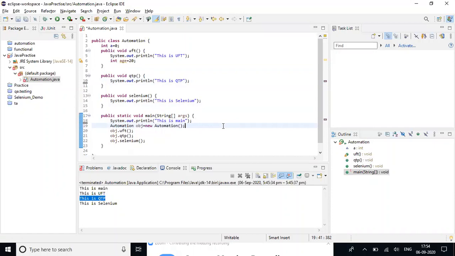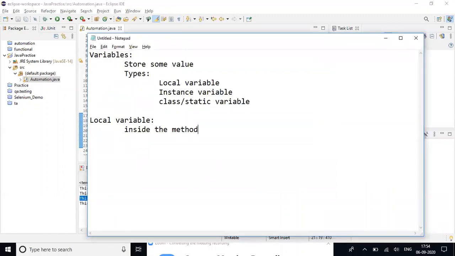So now we will see what instance variables are. Instance variables are non-static variables. We can also call an instance variable a non-static variable. Using an object created for the class, this variable can be accessed.